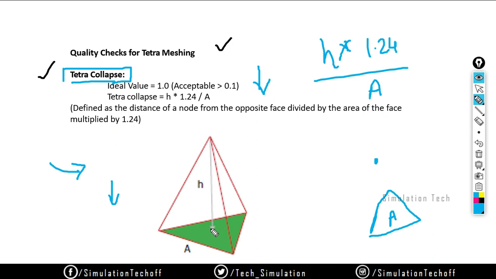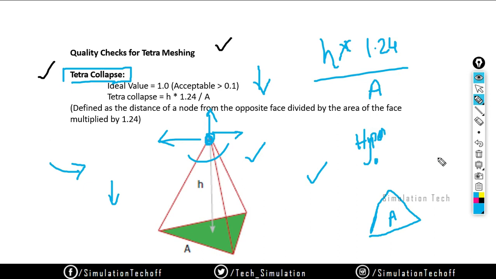In that case you can manually edit the element also, but not in ANSYS. You can edit the element separately in Hypermesh. You can change the height literally, by moving these nodes in a particular direction, like a perpendicular direction, I want to move in this direction or that direction. These options are only available in Hypermesh.